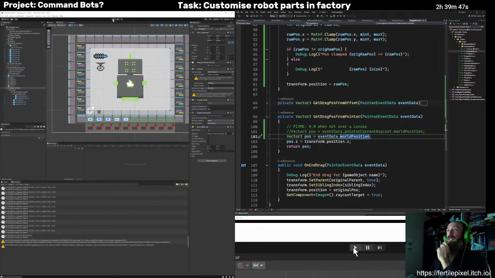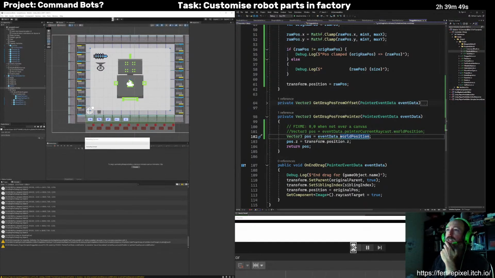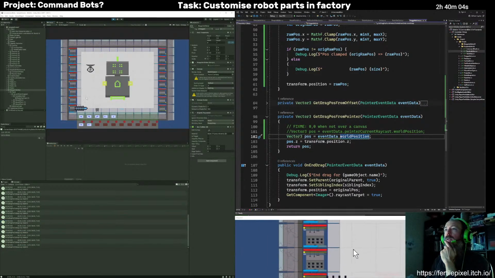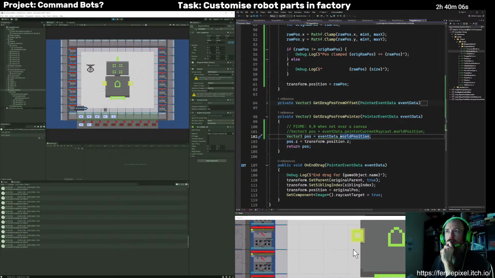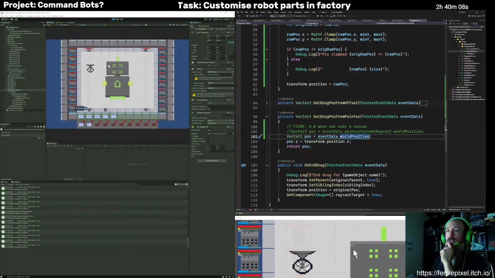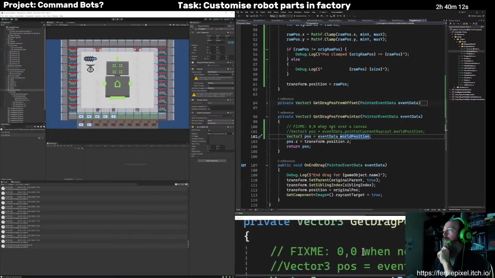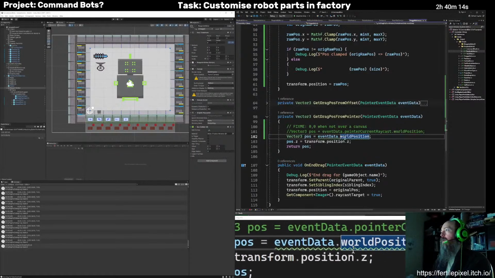But is it exactly the same thing as the raycast? Otherwise, I just need to get the camera and do a screen point to world kind of thing. Looks like we're getting zeros all the time for that. So that's not good.